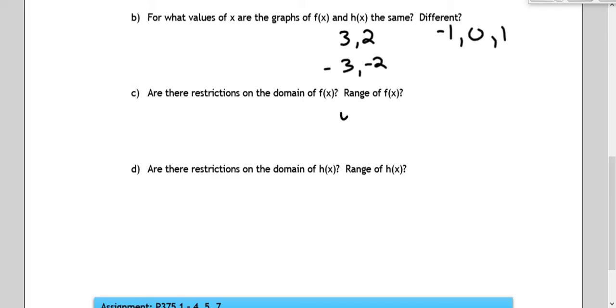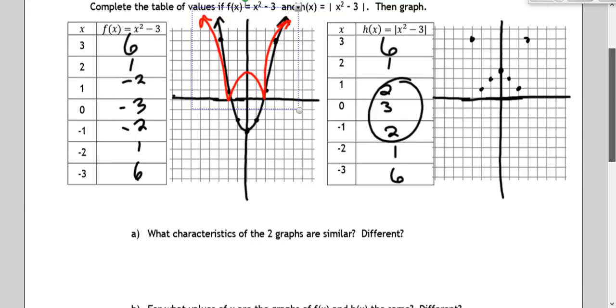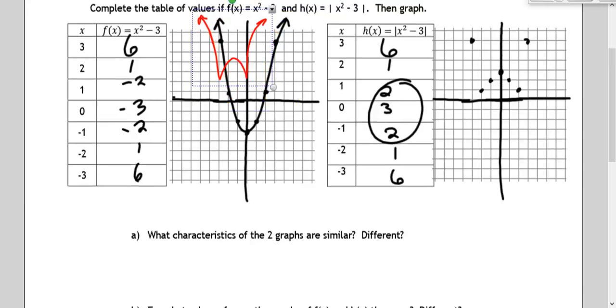The range is such that y must be greater than or equal to -3, y is an element of the real numbers. And restrictions on the range of h of x, yes again, but this time it must be greater than or equal to 0. So basically, as long as that value does not dip below, here. Okay,